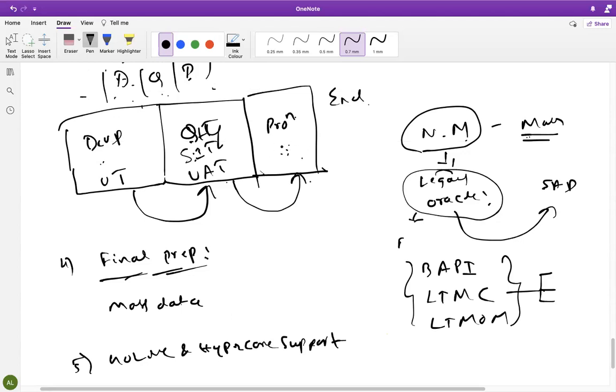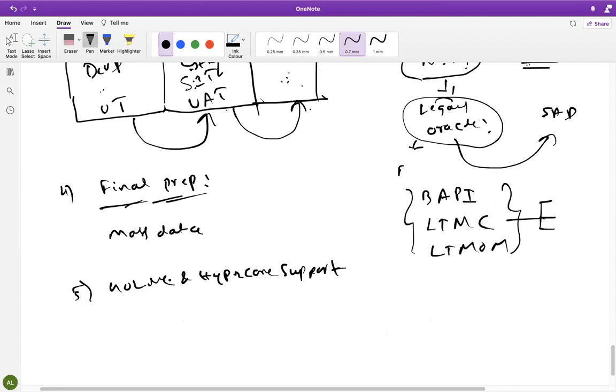Why? Because we have freshly done the implementation, and these people need to adjust initially. That's why we'll give support for 2 to 3 months. Later on, these people need to take a support project. They need to make one more contract with IBM or a different company. Usually they will go for a different company, not whoever implemented it. They will buy a license for 1 year or 2 years, and then that particular company will give support. That is your support project. The company is already using SAP now, and then you are giving support. That is a support project. Like this it will work in the ASAP methodology.